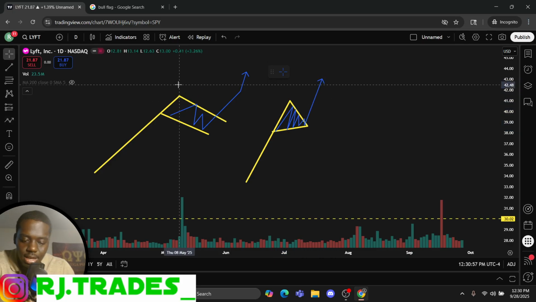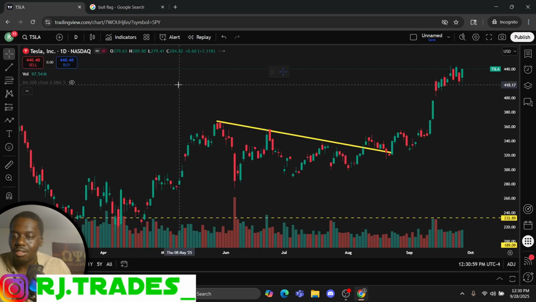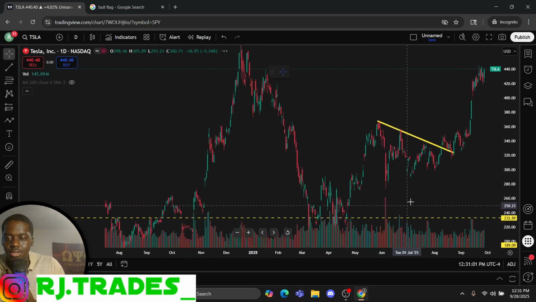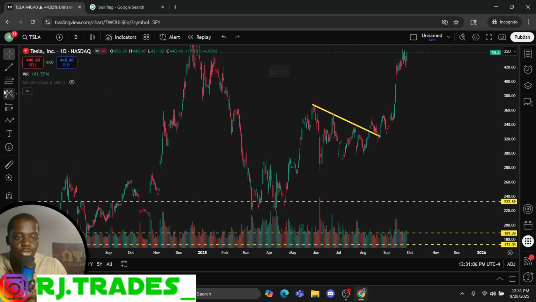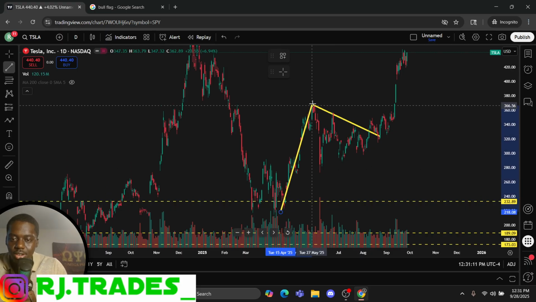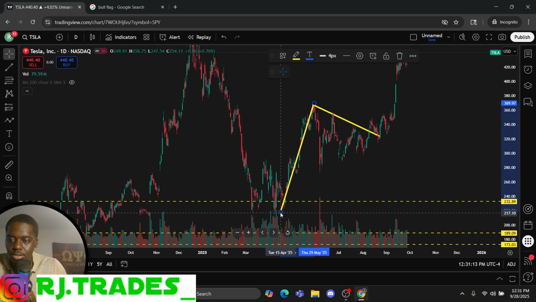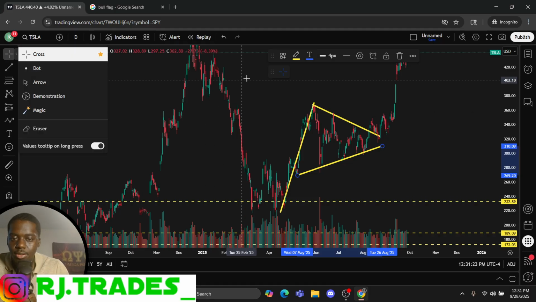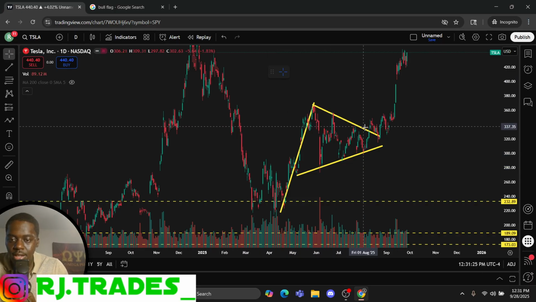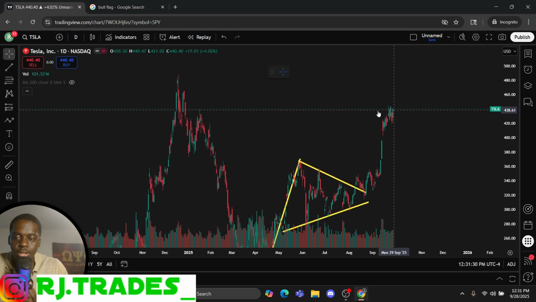What's a chart that had a triangle pattern? Tesla. So take a look at this. I'm going to show you guys this recently, and then I'm going to show you guys this from in the past. Tesla, look at this. Crazy up move. There you go. 221 all the way to 369. Crazy up move. But look at this. What do you have? This trend line acting as a resistance. This one acting as a support. It broke out and it went stupid.